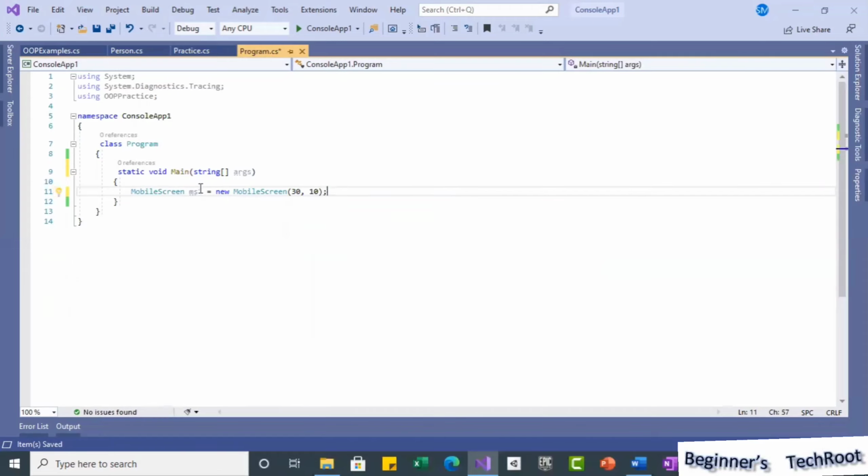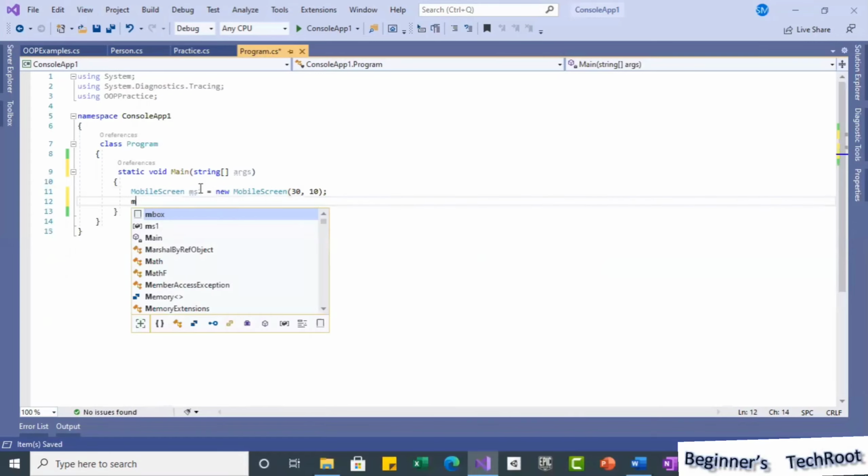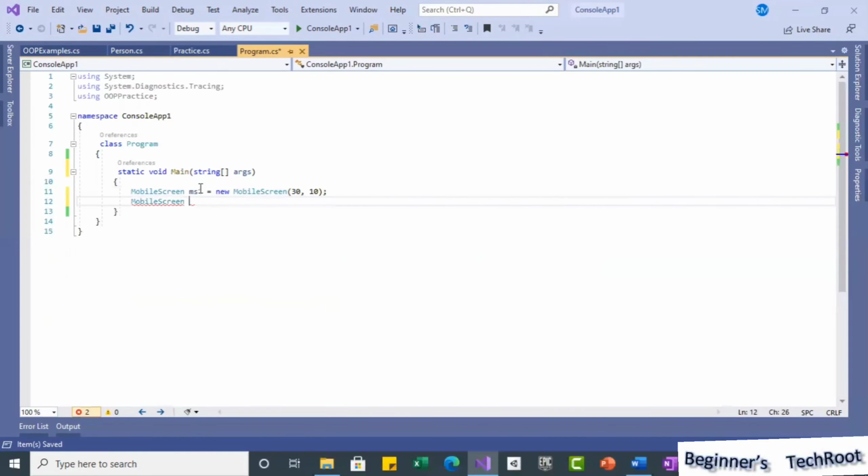Now, for example, if I want to create one more object ms2, and suppose I am trying to use a unary operator first, so minus ms1. If I write like this, this is a unary operator, we are just using minus ms1.